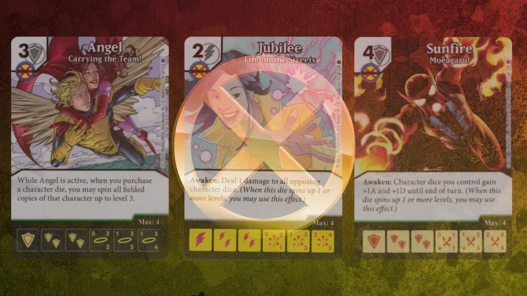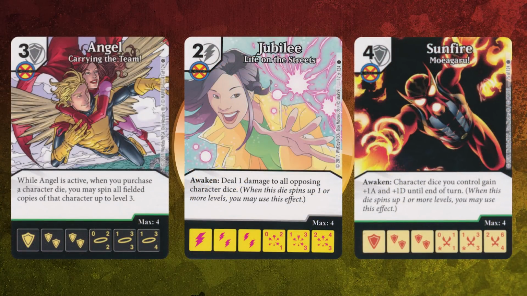So to sum all of this up, the point and the goal of this team is to get Angel out, to get Jubilee and Sunfire out, to purchase a bunch of Jubilees and Sunfires, triggering their spin ups, have a bunch of other stuff in the field like sidekicks, and then push with everything after it's all been buffed up thanks to the nice Awaken effect on Sunfire into a board that's been removed of small blockers thanks to the